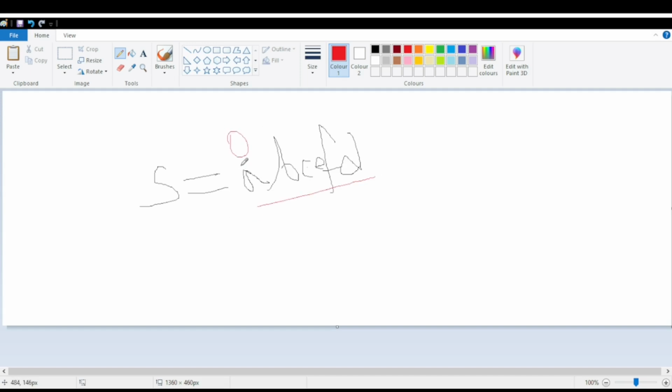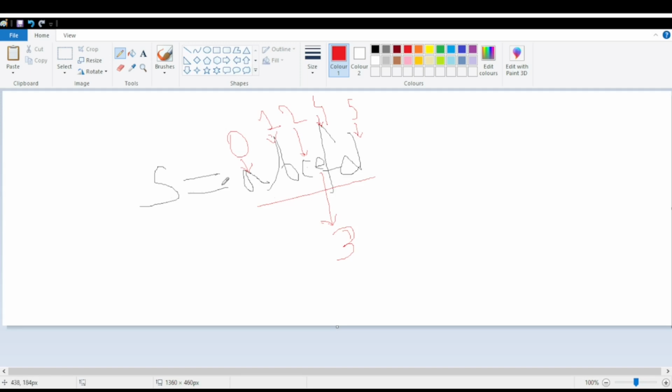In this string, this is the 0th index, this index is 1, this is 2, this E is 3, this is 4, and this is 5.